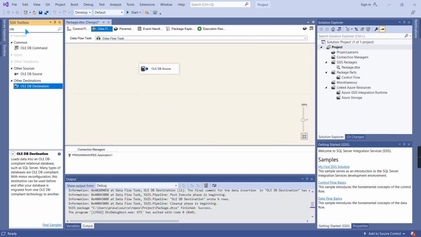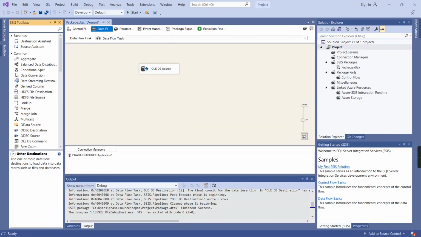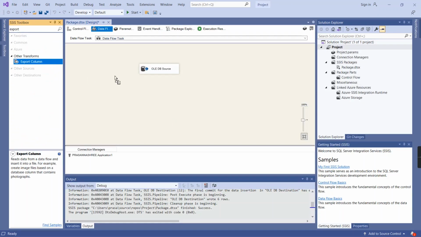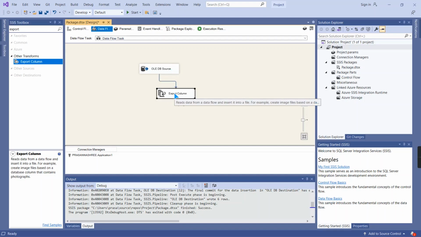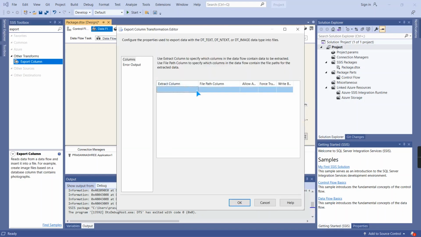So I'm going to add the export transformation now. I have added it. Here it is asking for the extract column. Here I need to provide the column which contains the blob content. So img is my column which contains the image blob content. The file path column is path.